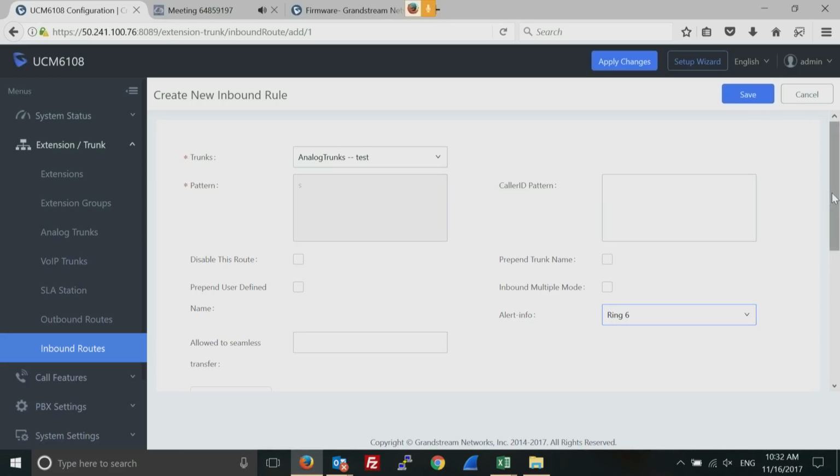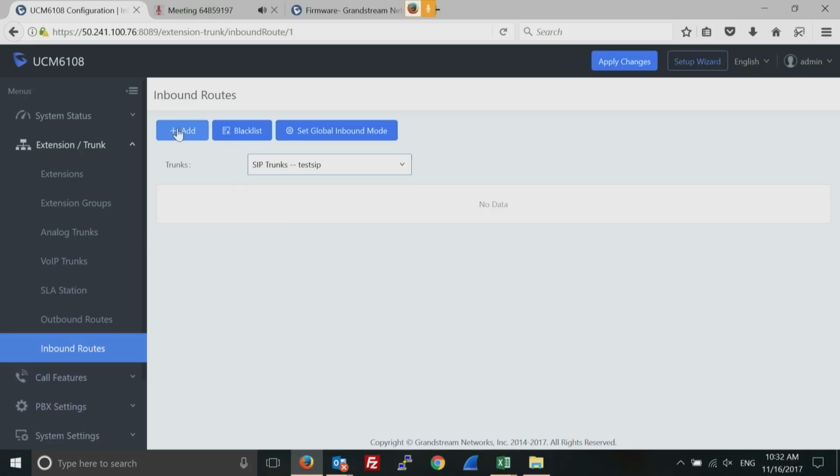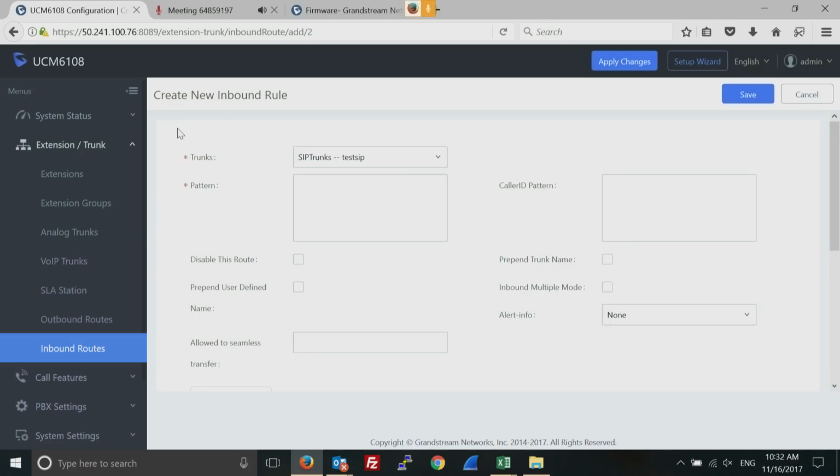All right, so let me save this. And let me show you how to do an inbound route on a SIP trunk. In a SIP trunk, you have more benefit because it's SIP, so obviously you can detect what DID number they dialed. So in the same example, if you purchase 10 DIDs with your provider, then you can say, you know what, people who dial this number,